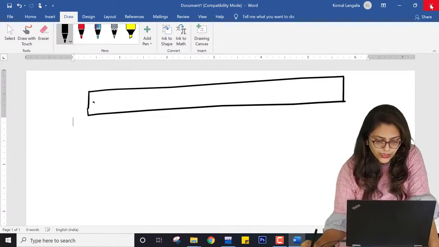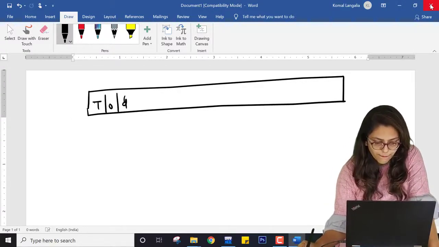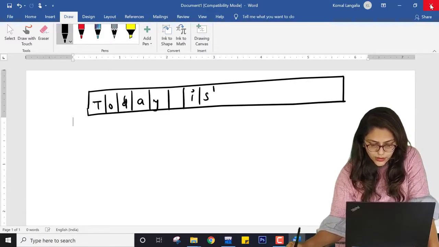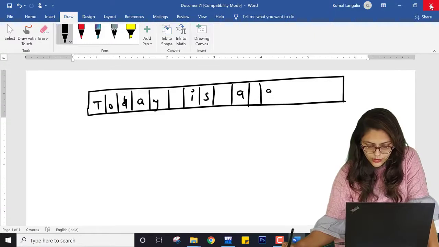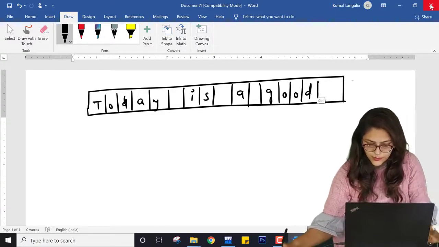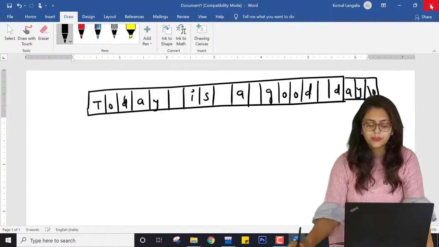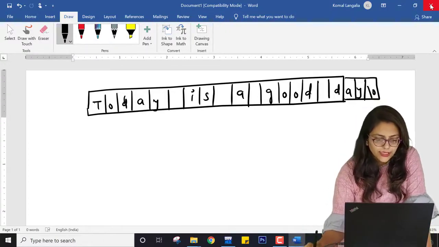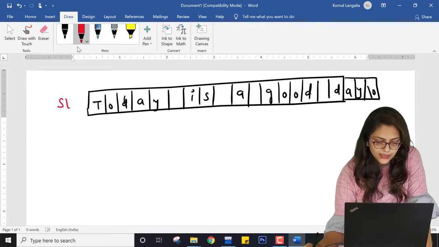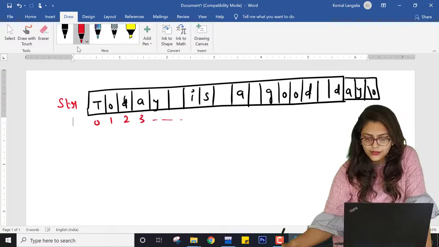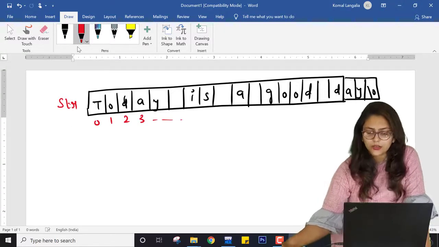Okay, so I was writing: today is a good day, and the last is the null character.